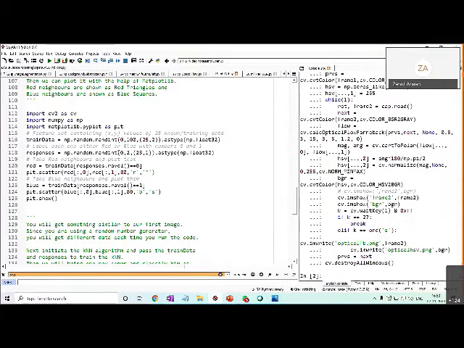We are randomly generating 25 two-dimensional points, and the pixel range is 0 to 100. So 25 points in the 0 to 100 intensity we are generating. That is our training data.